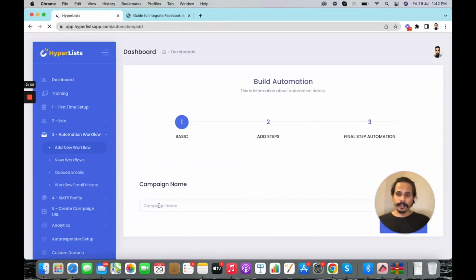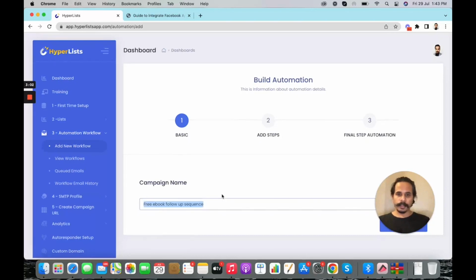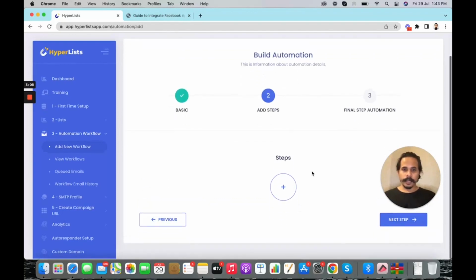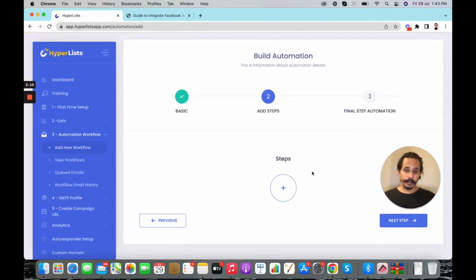Once you open this, you will be asked to provide a name of the automation. So for example, since we have created that list, I'll say free ebook follow-up sequence. So this is my automation campaign name, and I'll click on the next step here, and now you can see I'm given the option to create the steps. This is where I will be adding my emails. Okay,